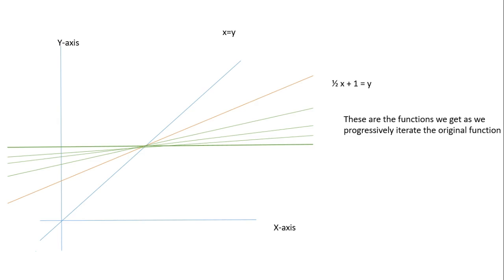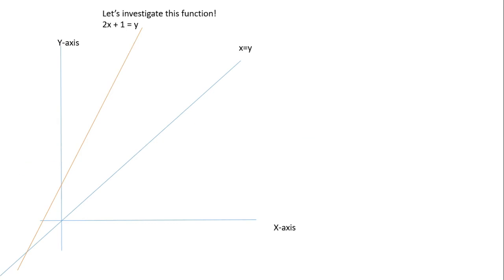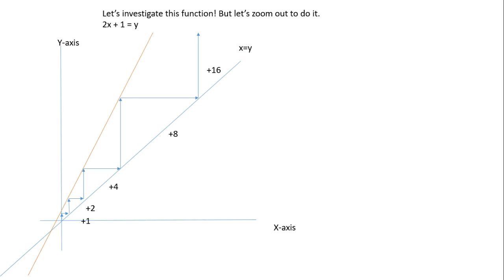Now, this is a graphical example of what we just discussed. Now let's investigate this. Very different. Now we have this is not an attractive fixed point. Here, let's zoom in on that a little bit. Here, if I plug 0 into this and iteratively solve it, I get 1 plus 2 plus 4 plus 8 plus 16, and so forth.